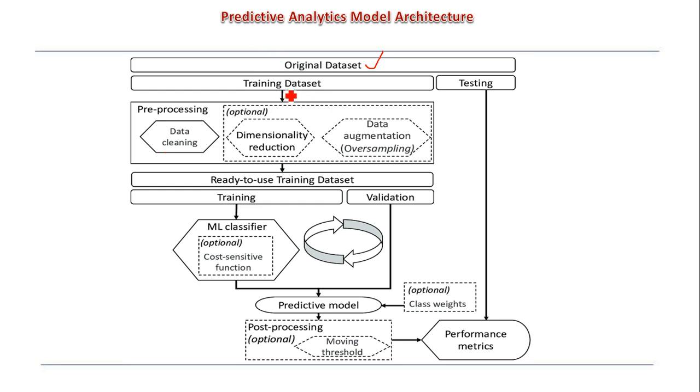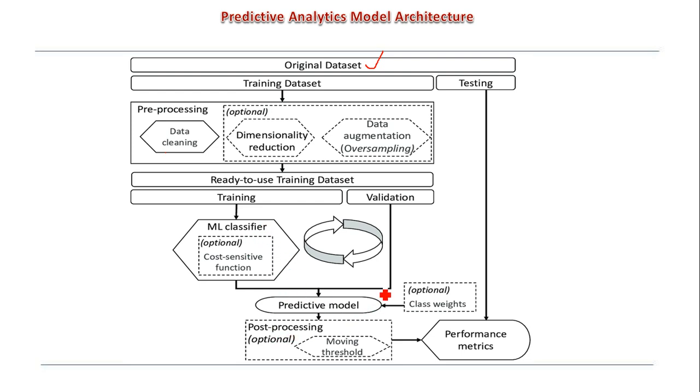What columns are required, what columns are not required, what attributes or missing values are there, that we need to check. Once the training data set is ready to use, we can split it into training data and test data. That training data we can give to the classifier, that is the machine learning classifier. Then validation is there in the machine learning,